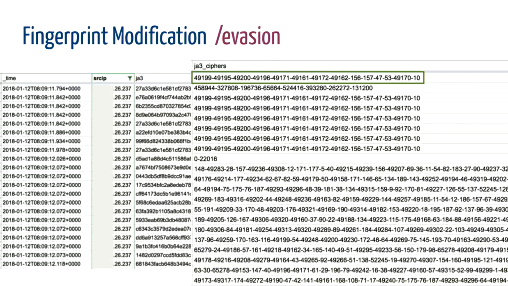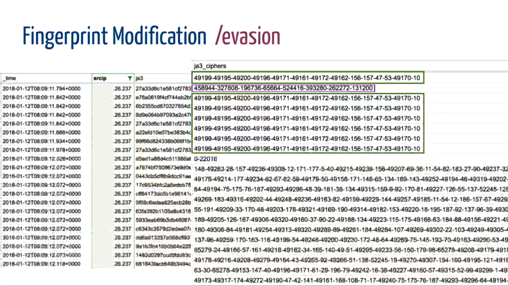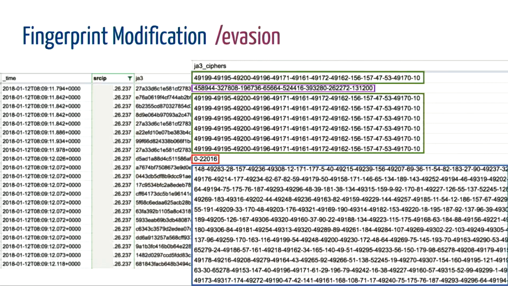The first connection is with a specific cipher string, and then another, and then 6 more connections with the first cipher, the same as the first one. Then another one, which is an invalid cipher, and then a wall of text,